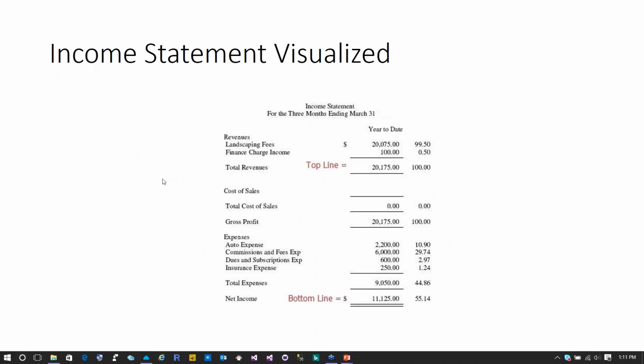So here, this is basically an income statement. And in this income statement, you see here, I've highlighted where the top line is. This is basically where all the revenues that I had discussed in the business impact slide will all go. And anything in this area, this is what they're looking for in the top line.